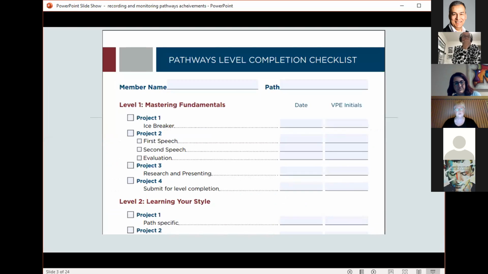And this one was a little gem because it's very similar to what you might remember was in place at the back of the Competent Communicator Manual, a place where you could list those project speeches that you've completed and a space for the VPE initials. This one shows all of the projects in every level and even the final task, which they have called Project 4. It's not really a project, but the final thing to do in each level is to submit your level